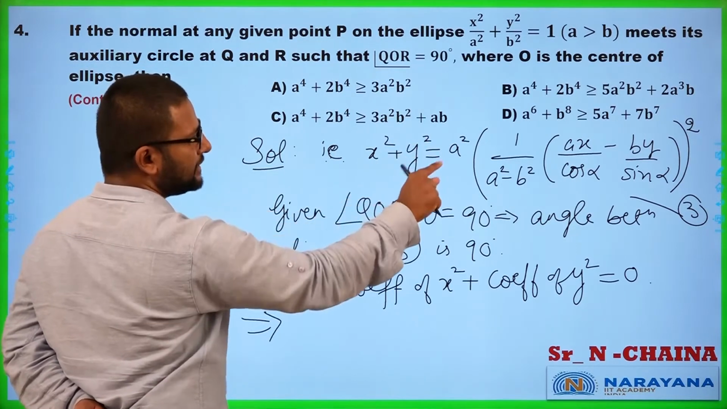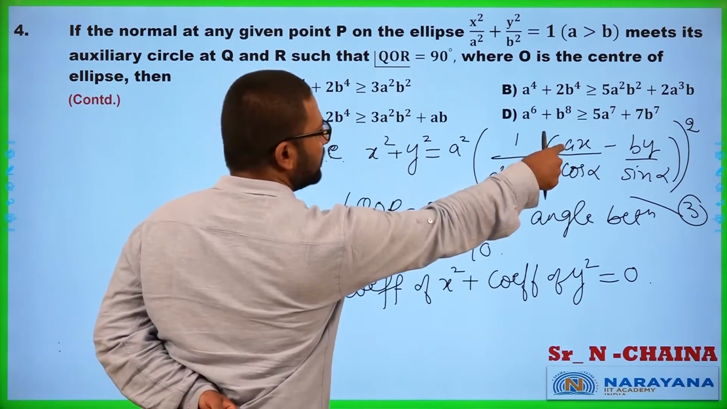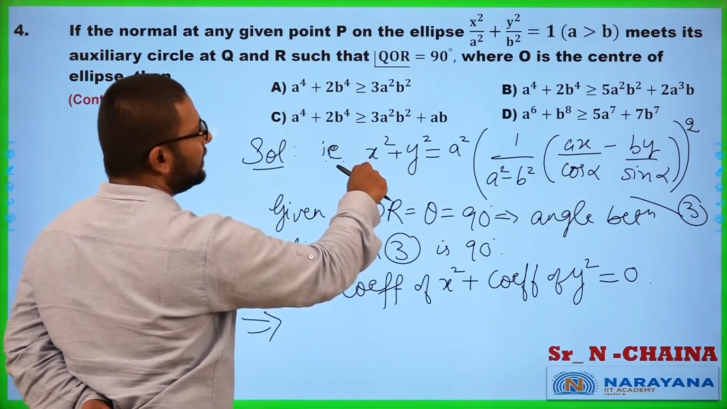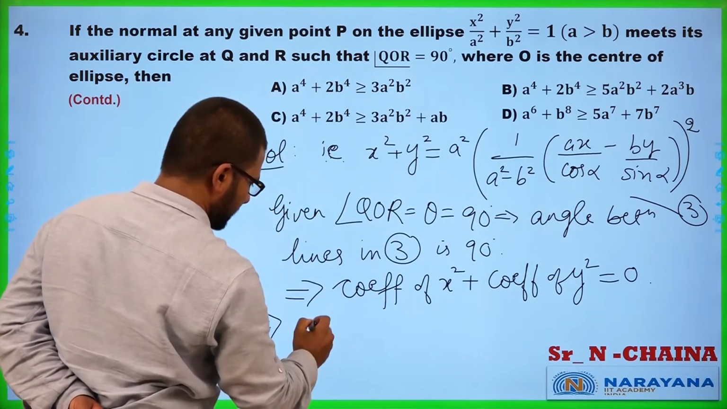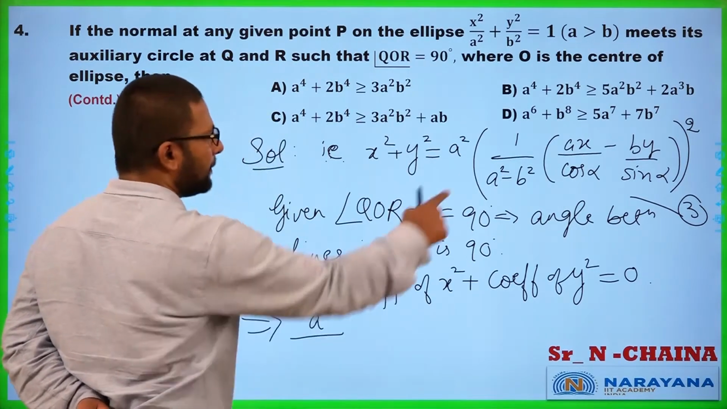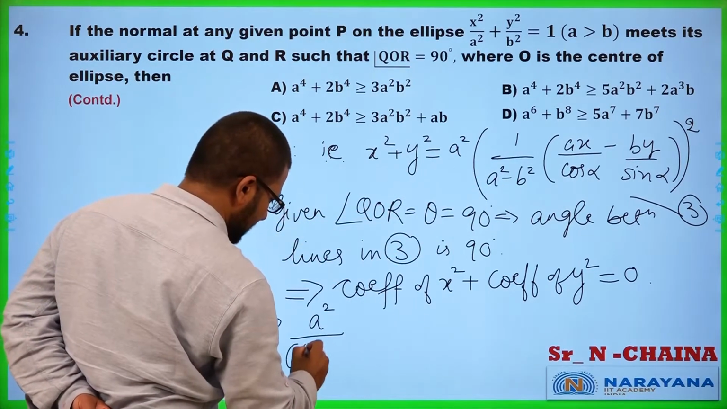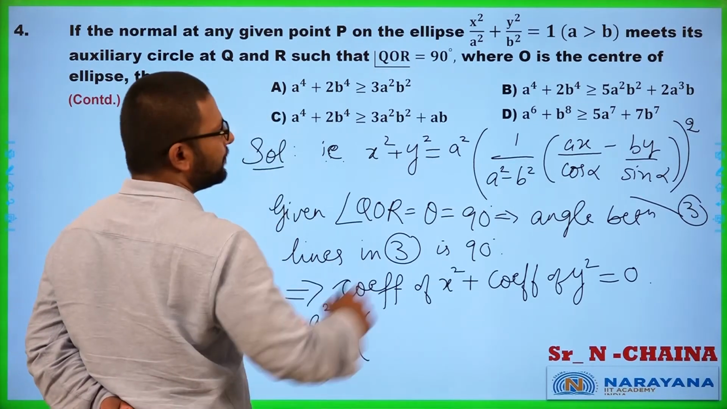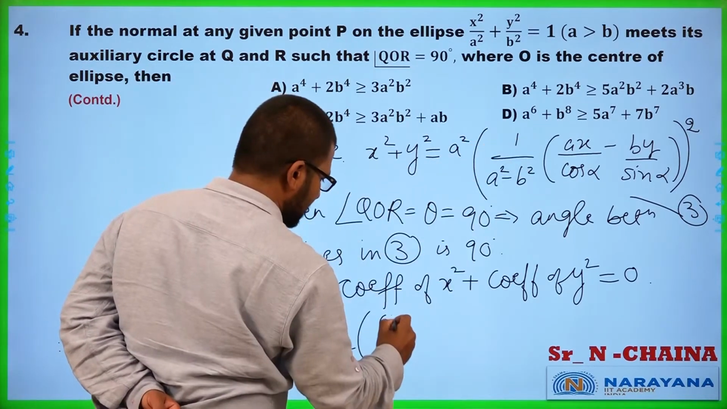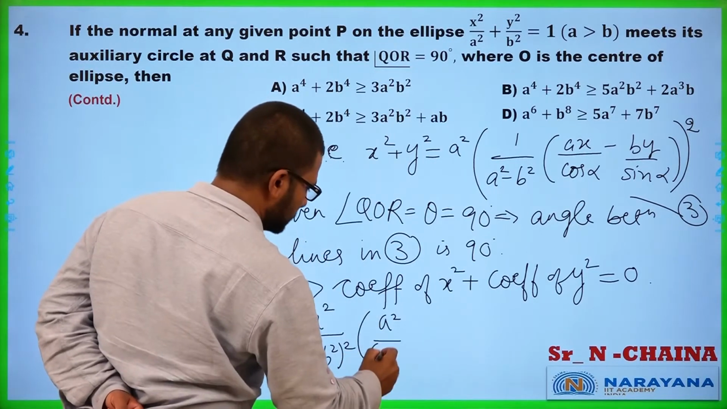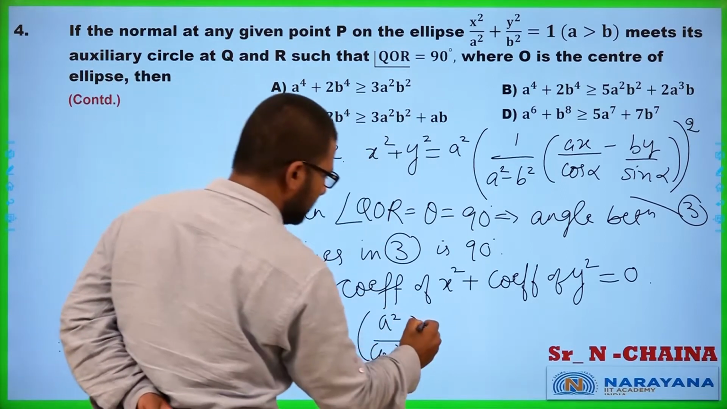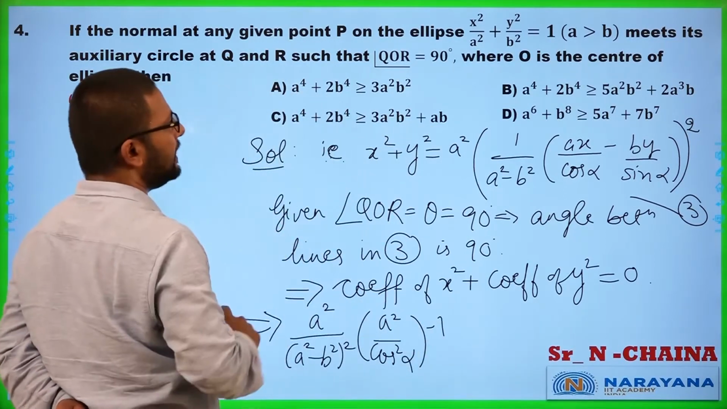See, directly by observation I can say this will get squared. From here I will get a square upon cos square alpha, and then from here I'll get a minus 1. So it would be a square by, over here, a square minus b square the whole square into, over there we get a square by cos square alpha. Yes, from there we get a minus 1, and